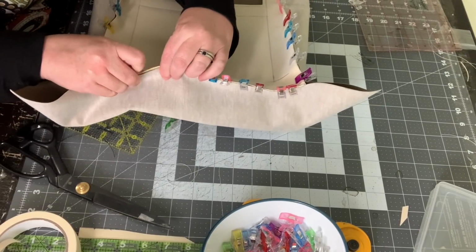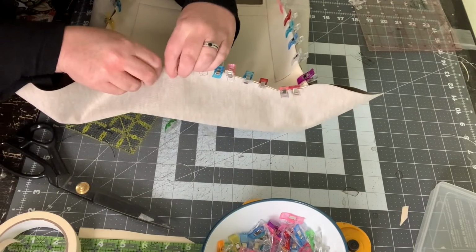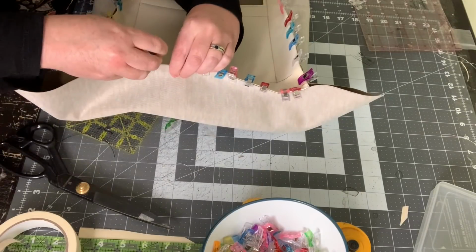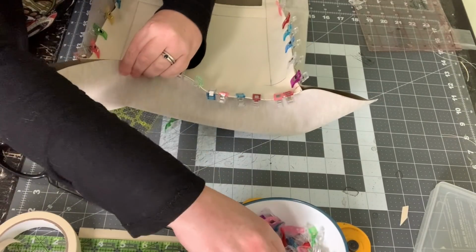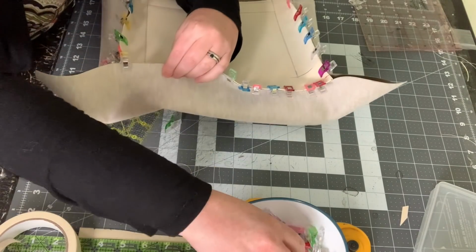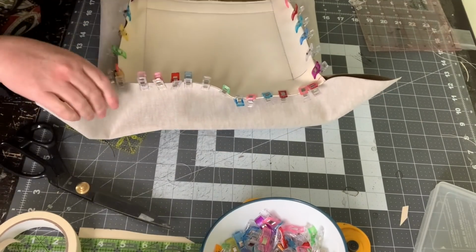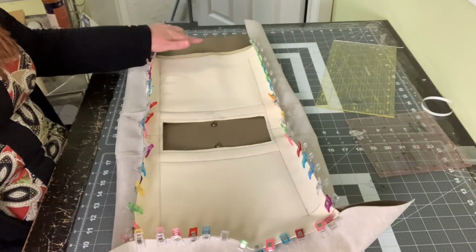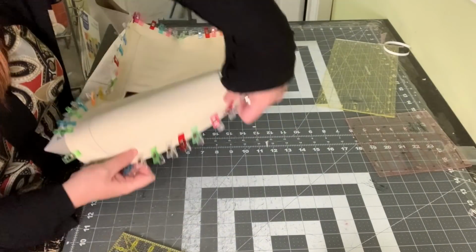Again, use lots of clips just to make sure everything stays in place. Okay, and go ahead and do that with the other side. So now what we're going to do is we're going to kind of put this onto our machine like this,